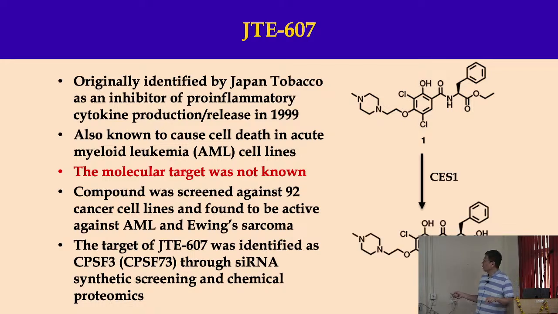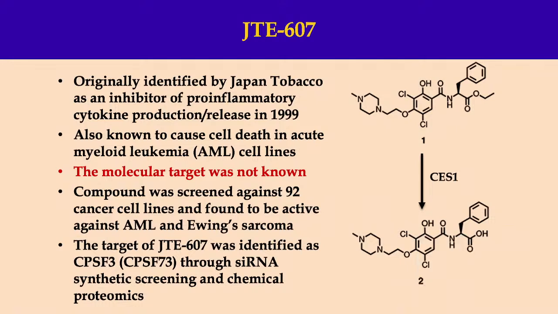Even more interestingly, if you look at this compound, on the right, you have an ester, right? So this compound itself is inactive. It needs to be activated by carboxylesterase to hydrolyze the ester into an acid. The acid is the active species, the ester is not. So in that sense, the ester being uncharged is very good for the compound to traverse, to go across the membrane. And once in the cell, it's activated by the enzyme, and now it's active, and also it's trapped in the cell. So somehow, scientists in Japan developed a protein